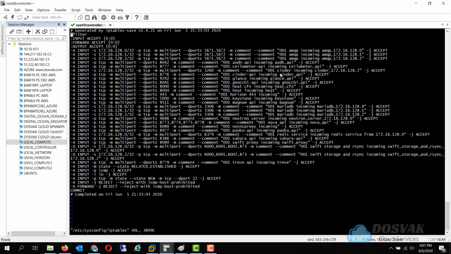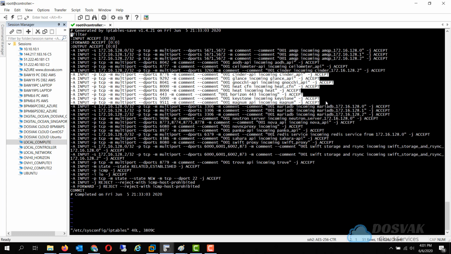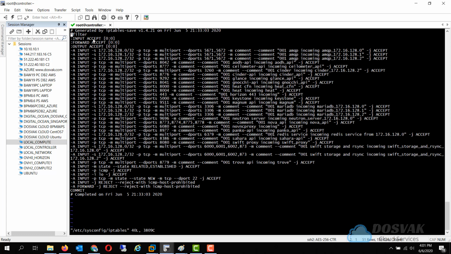Similarly, Cinder incoming requests are allowed only from the compute node, and additionally all the APIs are exposed externally. And remember the input default is accept, but at the end of the input chain we have a reject-with rule, which effectively stops all other kinds of requests except the ones defined above from proceeding.